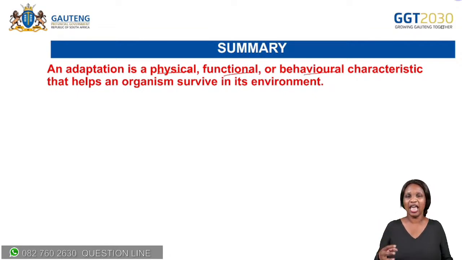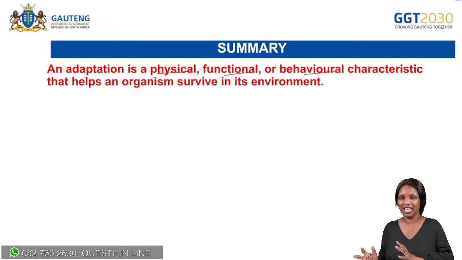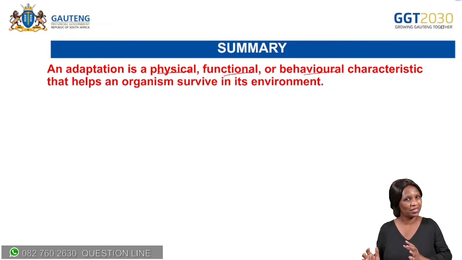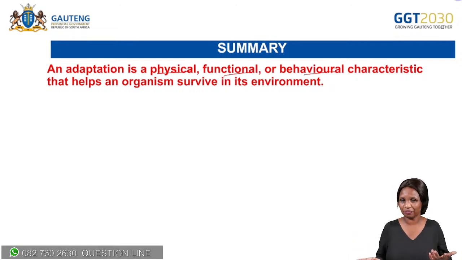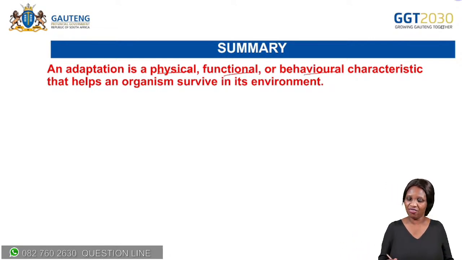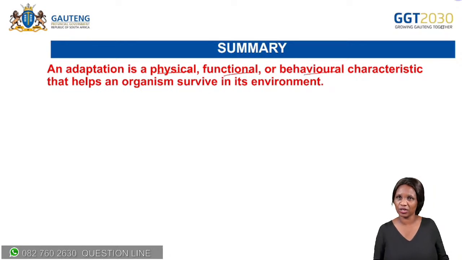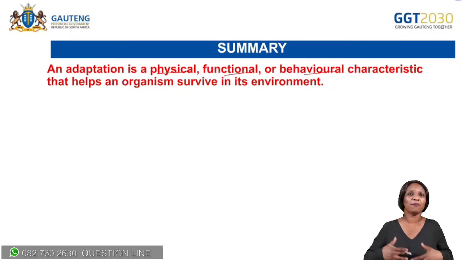Do you get it? And then it blends in to its surroundings. For example, a white polar bear, and the environment is also white because the snow or the ice is what? It's white as well. And then that is the physical appearance. But functional, when we are talking about functional, we are talking about the function.